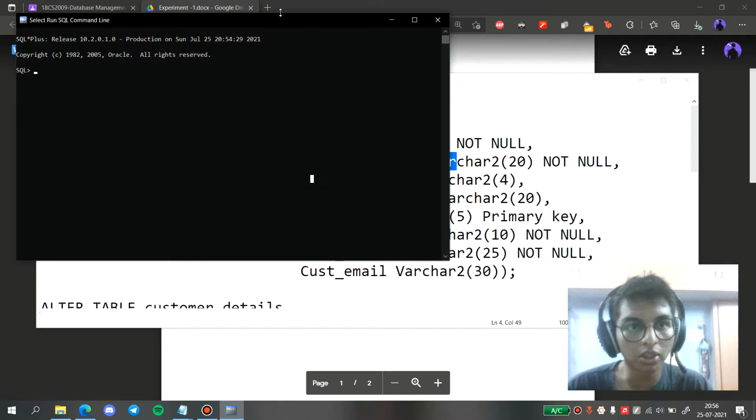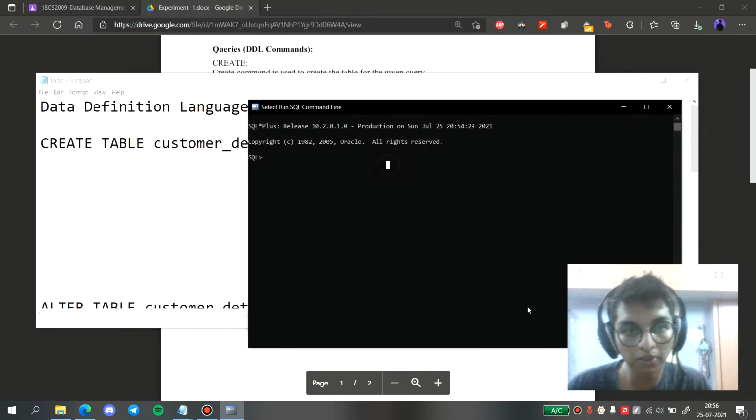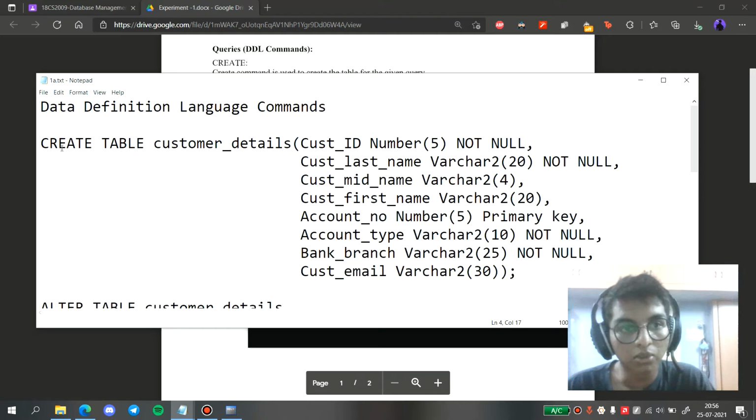First I have to connect to SQL. So I've connected. Now I'm going to execute this command.